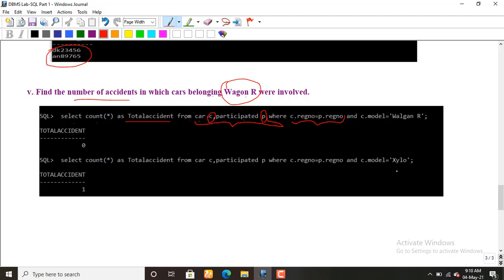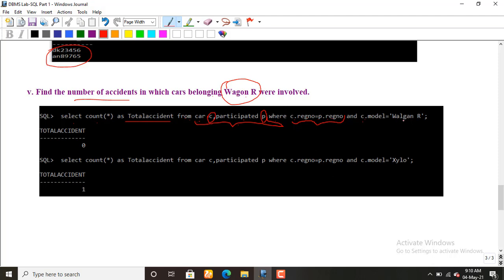Those registration numbers which are equivalent, only those values are retrieved in the middle relation. In the middle you will have one more relation, one more table, as an intermediate relation. So the final and exact condition in this query is that the model belongs to Wagon R, which is available in the car table.